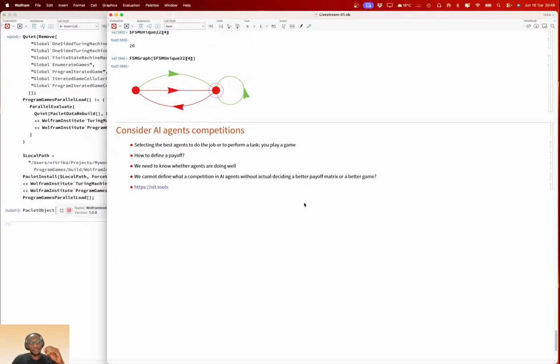And the future for this sort of games between programs, or how programs can play games with each other, is really in how you decide what game they should play. I think the research that should be done is answering those questions: how do you design a game for agents?